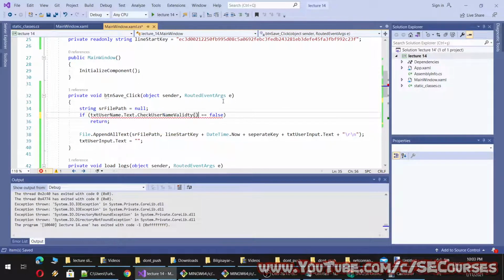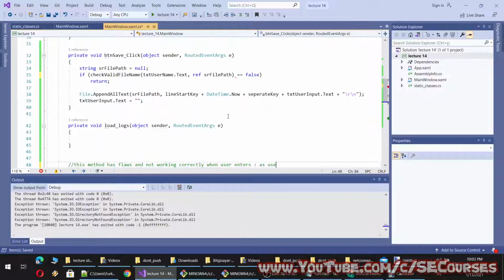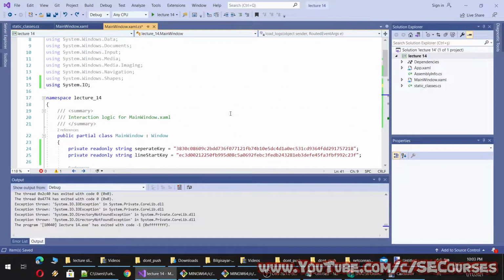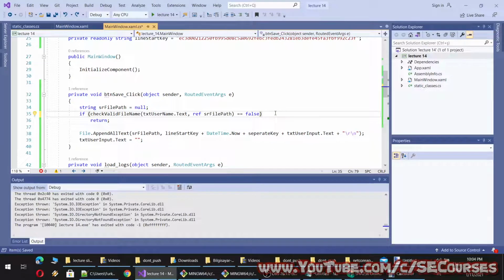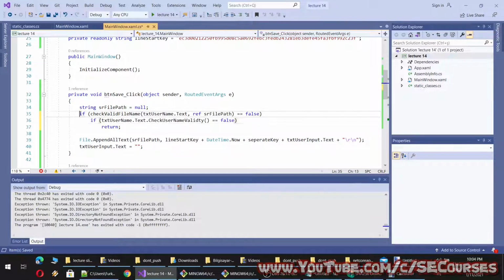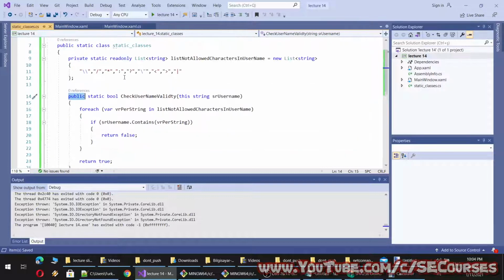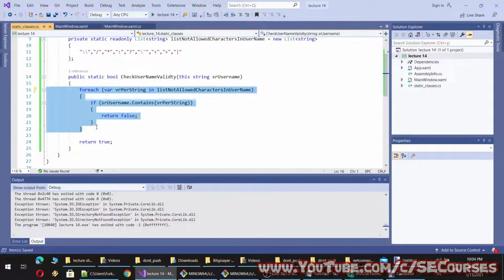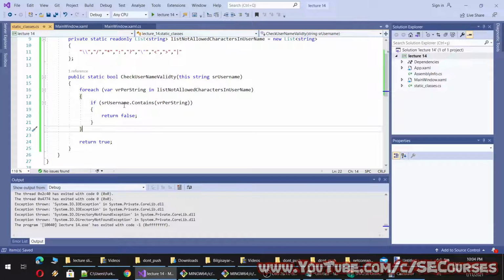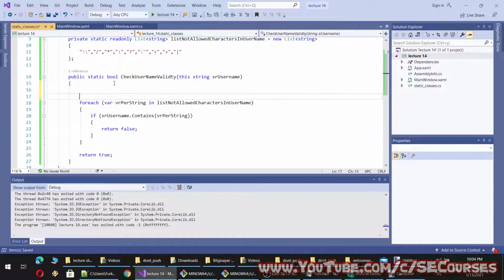Check username validity and done. Okay, so let's keep the other one as well. I will comment this line. All right. So instead of this traditional foreach, I could use LINQ. How could I use it? I could use it like this.